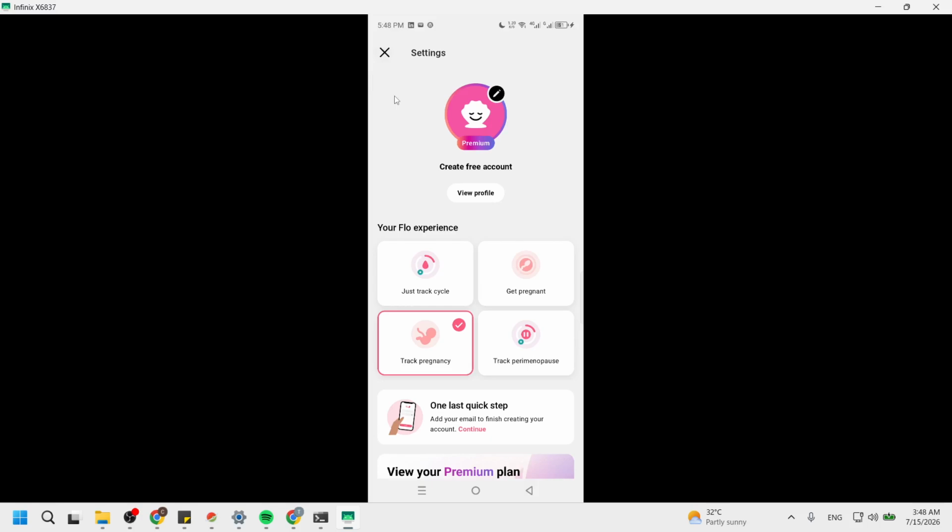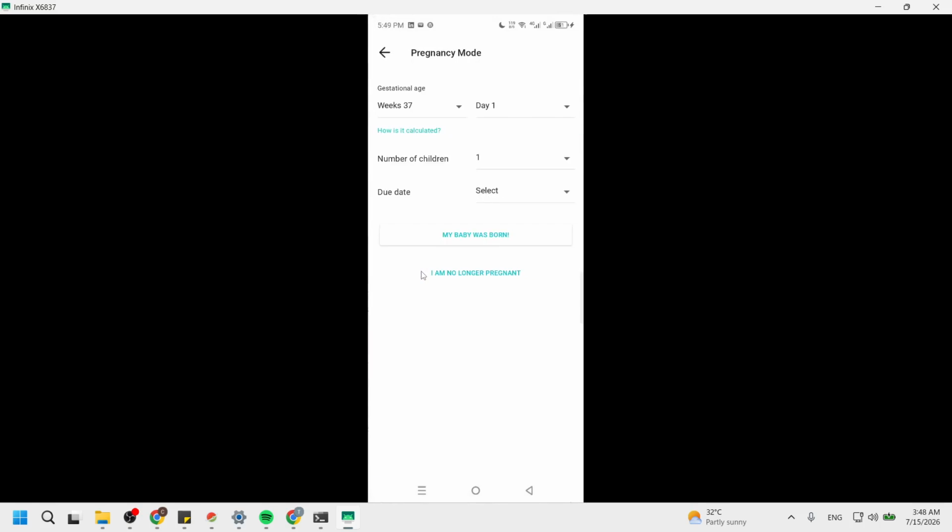Once you have tapped on the menu icon, a list will appear, allowing you to make the necessary adjustments to your tracking. Currently, you should see Track Pregnancy selected. You will want to switch this setting to just Track Cycle. This change is significant as it allows the app to focus solely on your menstrual cycle rather than pregnancy tracking. It ensures that you are not getting notifications or data that no longer apply to your situation. Adjusting this setting will help personalize your experience moving forward and align it with your current health needs.